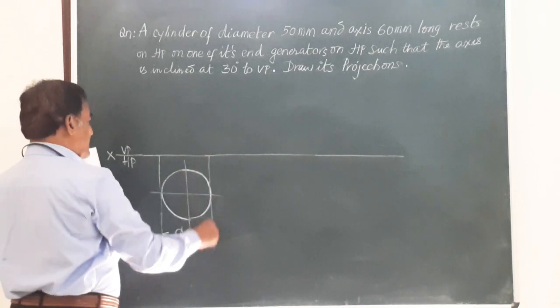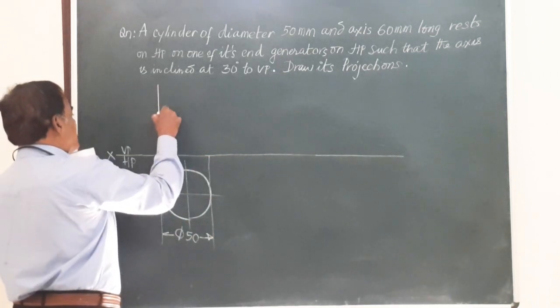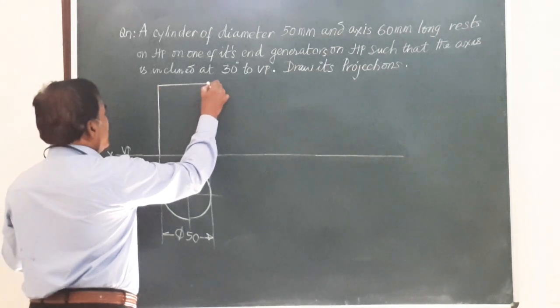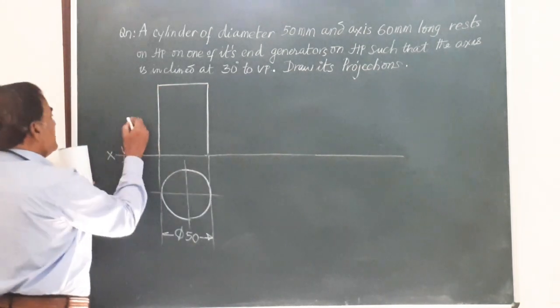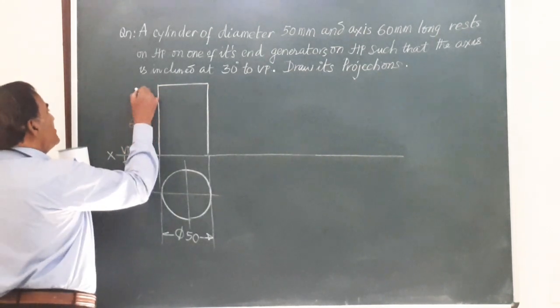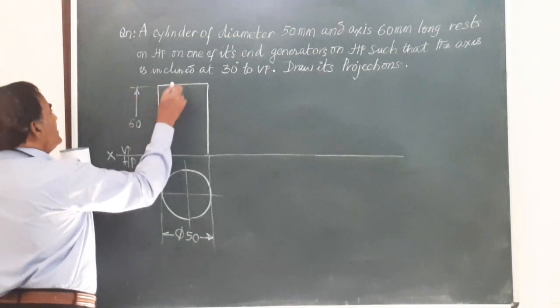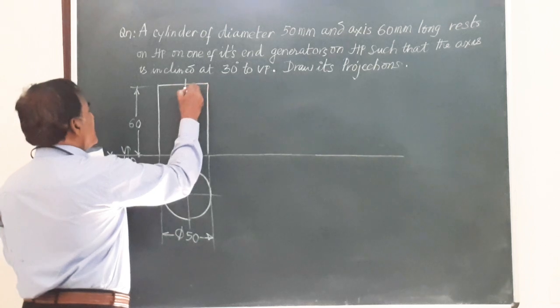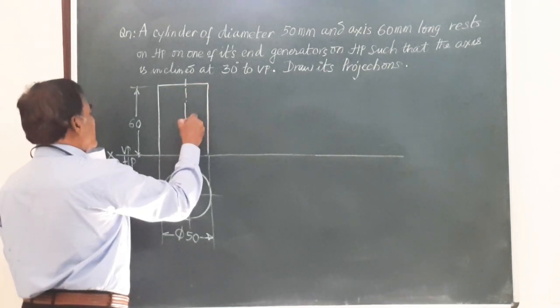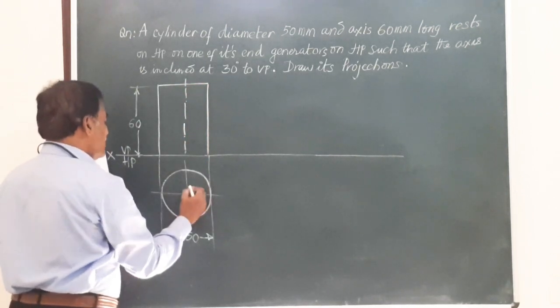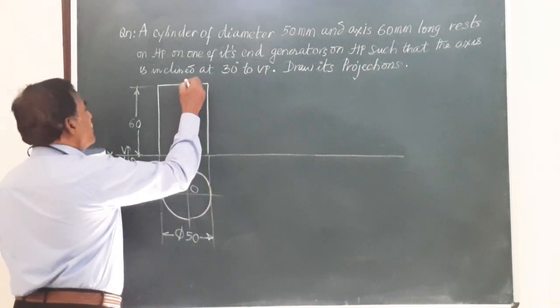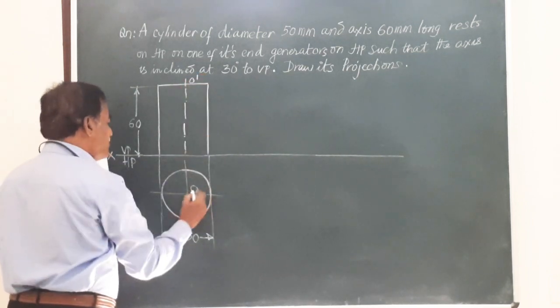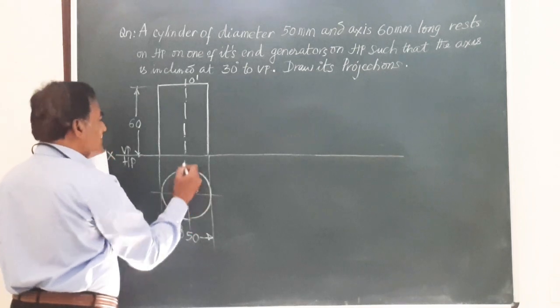So let me complete that to start with. I will just take this, and mark the height of the solid. The solid height is given as 60 mm and I am marking 60 mm here. The height of the solid is the length of the axis. Mark the center of this by an axis line, dash dot, like this. So this is O. O dash is the corresponding front view. O1 is the center of the bottom face.